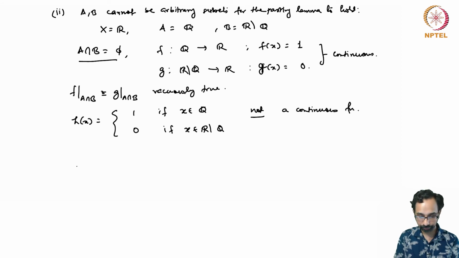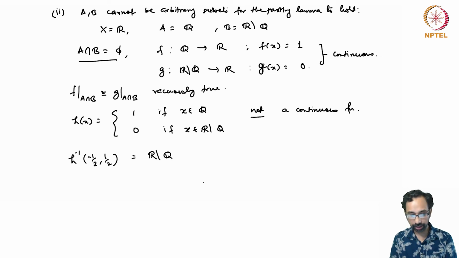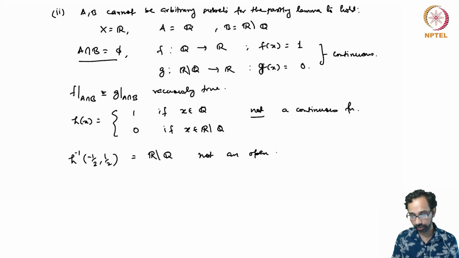Well, because, for example, if you take the inverse image of the set minus half to half, then the only thing that you will get here is the set of irrational numbers, and the set of irrational numbers is not an open set,